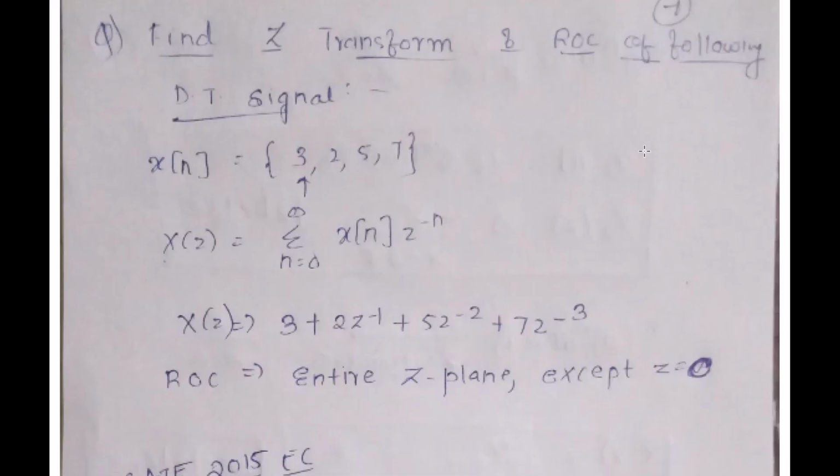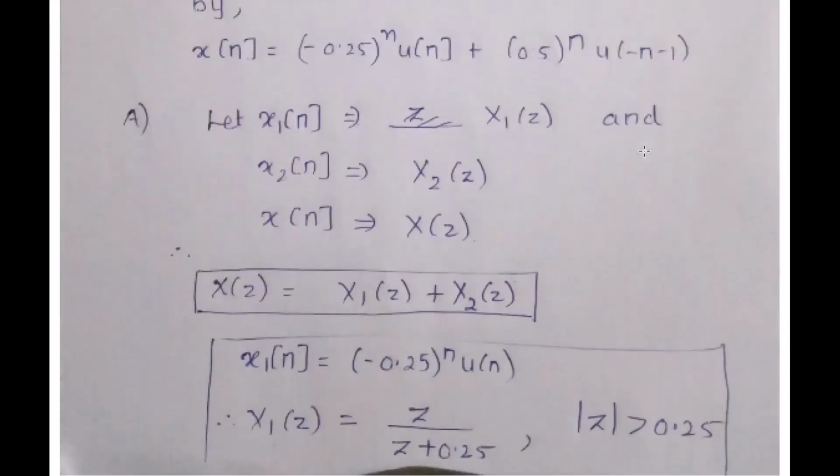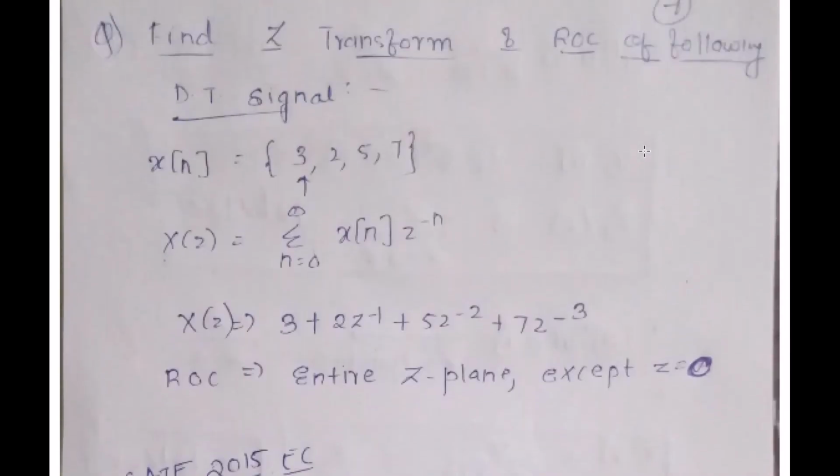Okay, so let us try to see a numerical on it, and let's see how we solve this particular numerical. The first question says, find the z transform and the ROC of the following discrete signal. X of n is given as this. So what is my standard formula? X of z is equal to minus infinity to infinity, but in this case I am starting from 0, hence I have 0 to infinity x of n z raised to minus n. Therefore I have 3 plus 2 into z raised to minus 1 plus 5 into z raised to minus 2 plus 7 into z raised to minus 3. Hence my z transform is this value,